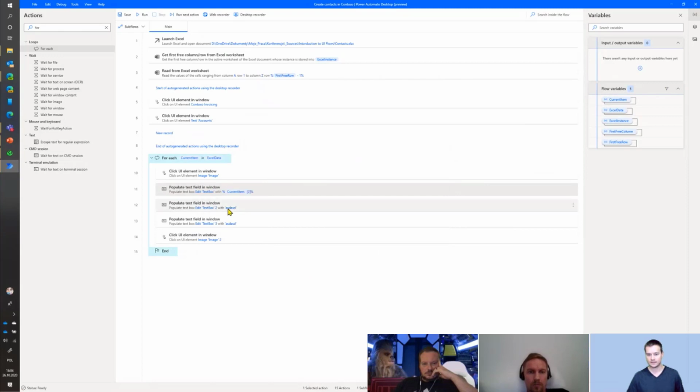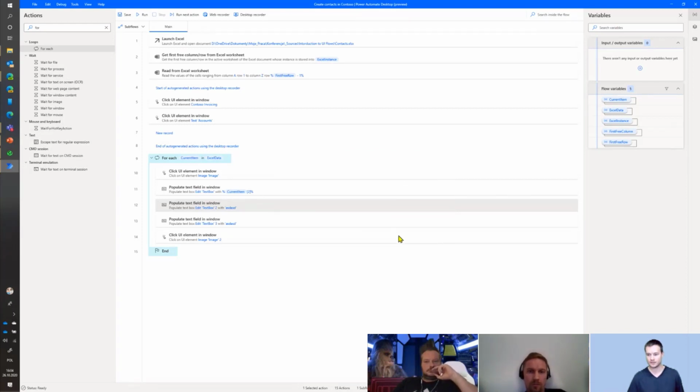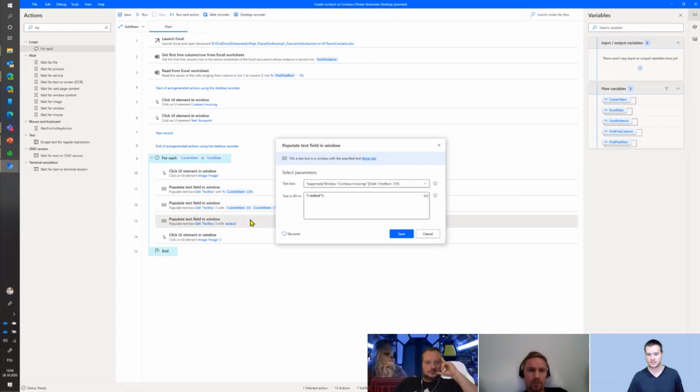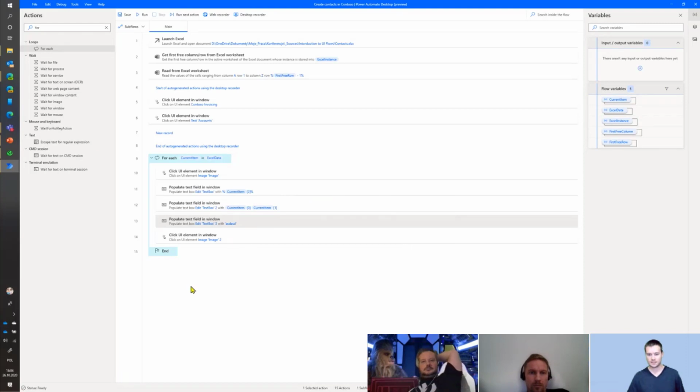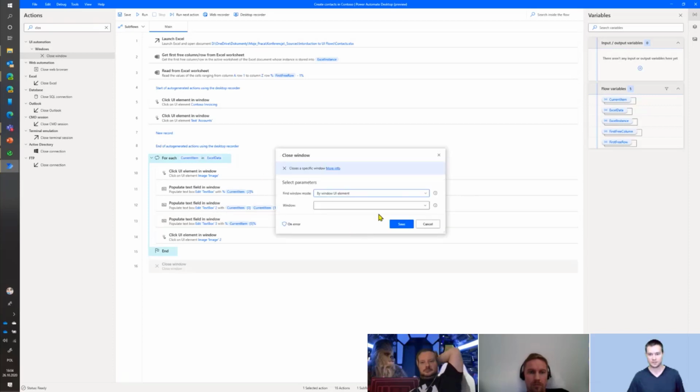And then that was the name and last name. So I have to do this 0 and 1. So this is going to be the first name and last name. And then email was, I think, the 5th column. And then save. And the last thing I can do is to simply close the window of the application, so the controls invoices.